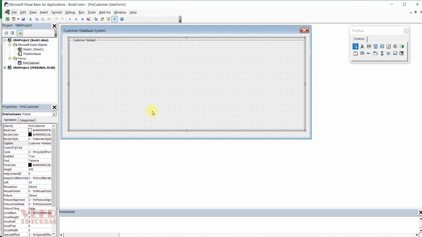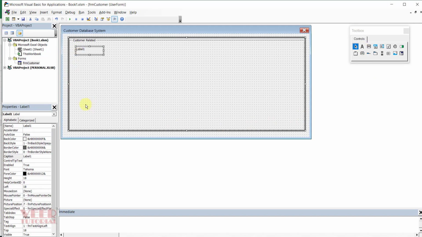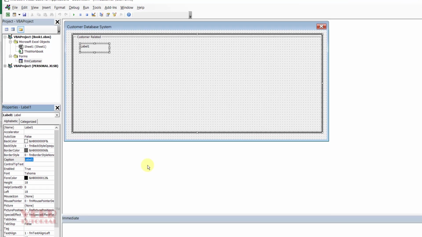And now we will put some labels over here. So this is the label. Just click over here and click over here, and this is the name field. There is no need to rename the labels because we will not use the label names in our coding. We will change the caption of these labels.